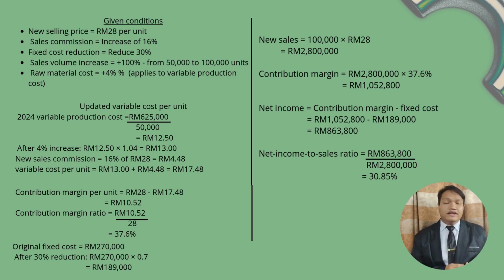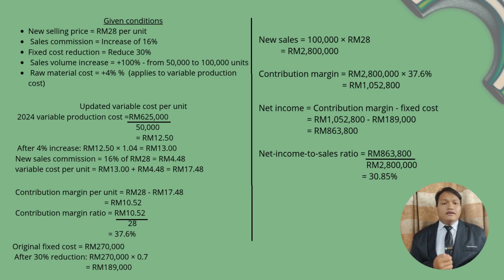Then we need to find the contribution margin per unit. We take the selling price per unit 28 ringgit minus the variable cost per unit 17 ringgit and 48 cent, and we get a total of 10 ringgit and 52 cent. For the contribution margin ratio, we take the contribution margin per unit 10 ringgit and 52 cent divided by the selling price per unit 28 ringgit and get 37.6%. The new fixed cost is reduced by 30%. So we take the original fixed cost, multiply with the balance of 70%